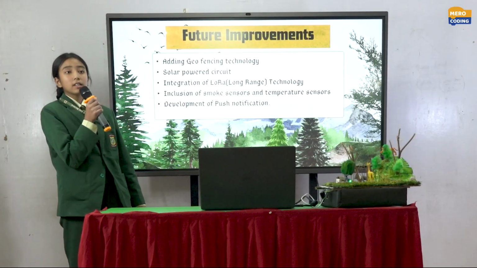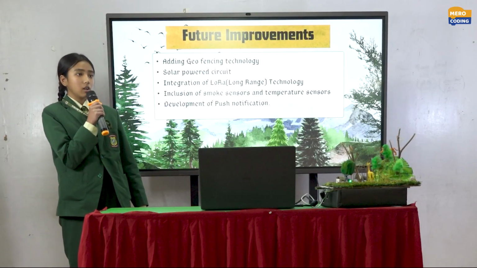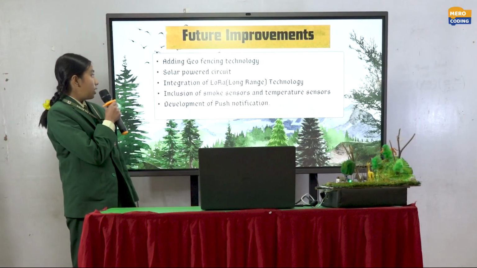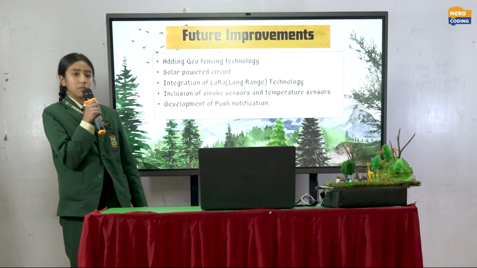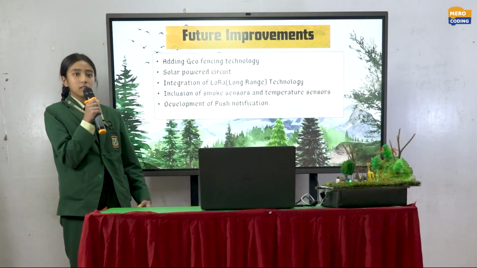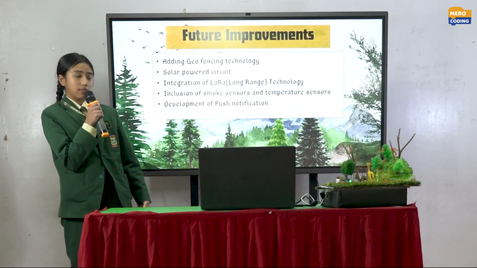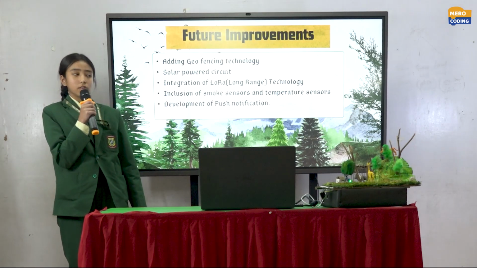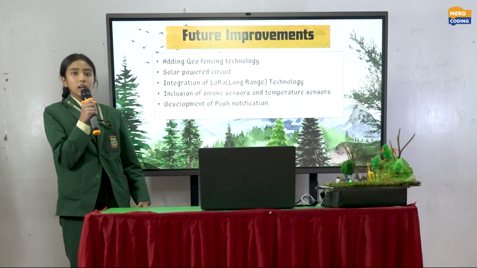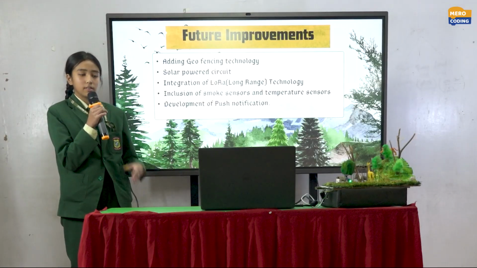We hope to integrate LoRa technology so that we can send alerts over longer distances. And we also hope to include more sensors like smoke sensors and temperature sensors so that our system is more advanced, accurate and effective. We also want to integrate a push notification system so that the user can get notifications as soon as fire is detected.